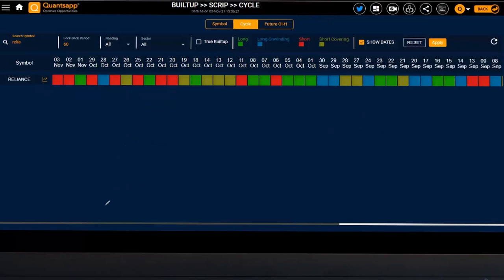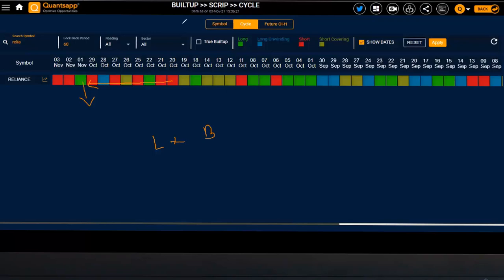Now whenever an instrument's price goes up, it will always go up like this, right? It will never go up like this, and whenever an instrument's price goes down, it will always go down like this, instead of directly having a straight dip over here. So now let's say you are looking at this data up till this day, now you would have known that Reliance has not witnessed a lot of long build-ups recently. The one long build-up does not tell you can go ahead and directly buy it, because the historical strength is not present in the instrument.